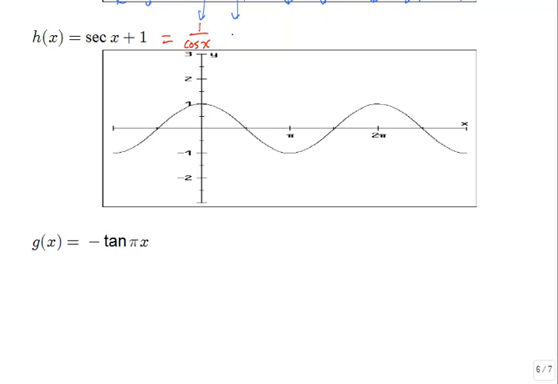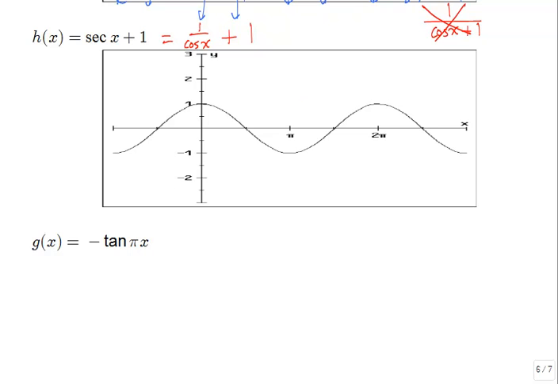x. Now you have to be a little bit careful here because we want 1 over cosine x, and this plus 1 is off to the side of all of that. So it's not cosine of x plus 1 and then taking the reciprocal of that. That's not what we want. We want just 1 over cosine x. Figure out that first, and then we're going to add 1 to the side. They would give us different graphs if we did it this way instead of this way. So first you have to figure out what 1 over this graph is, and then we're going to add 1